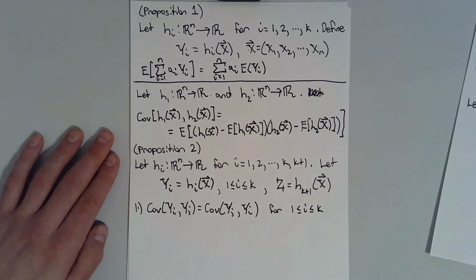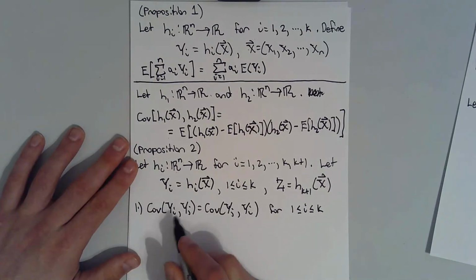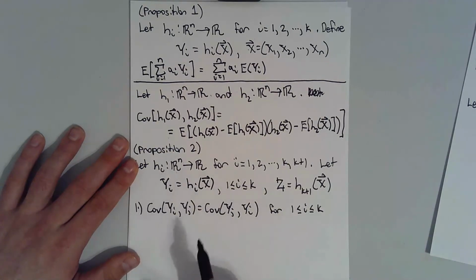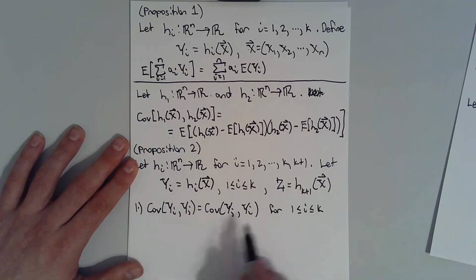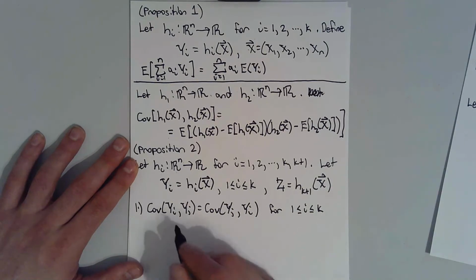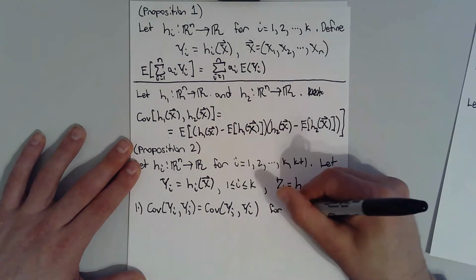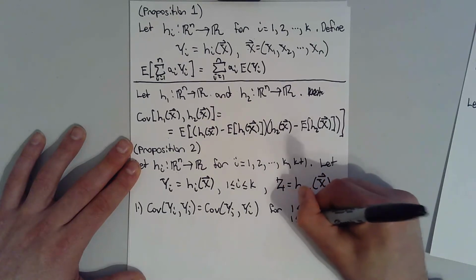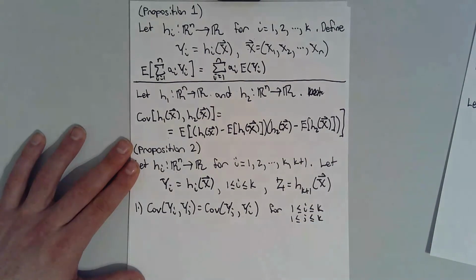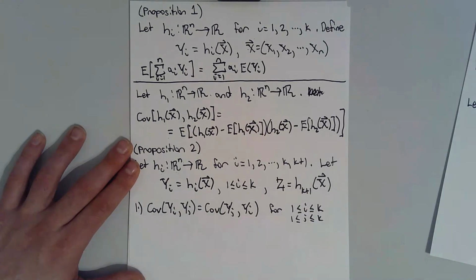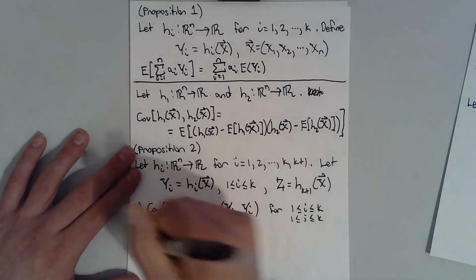like so. So all the y sub i's, we've defined k new random variables, and it doesn't matter what k is, independent of n here. And the covariance operator is symmetric on these random variables. It doesn't matter what i and j are, j is also in that bound. Doesn't matter what they are, it's symmetric. Two,